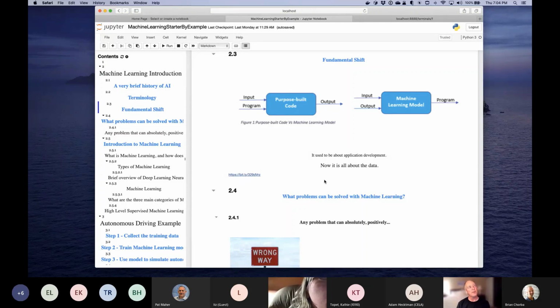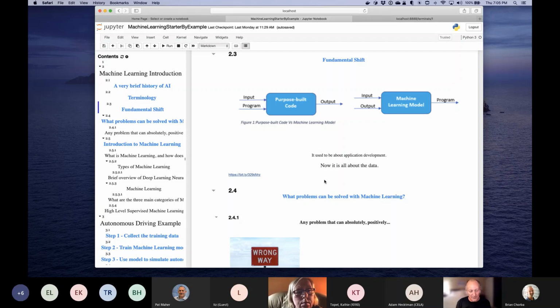Okay, so in terms of what that means for software development, it's really a fundamental shift. As I grew up in this industry for the past 30 years, I have always been given a certain set of input, and my job was to write a program, a very purpose-built piece of code, to generate the outputs that they were looking for. So on the left, I have this image which shows inputs going into a box, and then the program that I write going into this box, that's the purpose-built code. And then the output of that is what the piece of code was meant to produce.